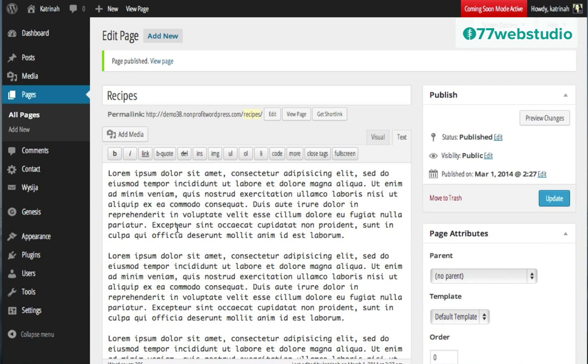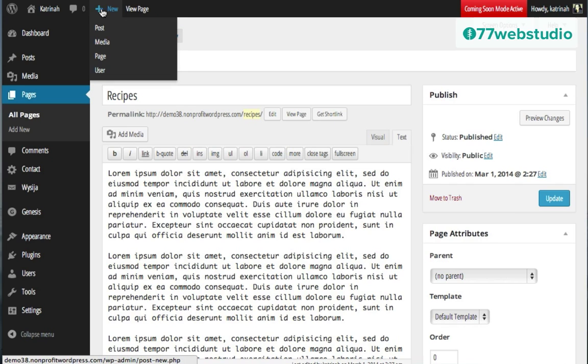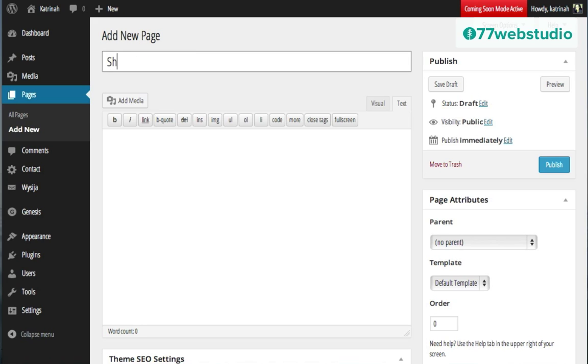Once a page has been published, the next page that I want to create is a shop page. So I'm going to do this pretty quickly since we've gone over pages already, but this is a page that I want to have appear and display above the banner, and I want it to be a shop page related to some products that we may want to offer for sale. So at the top, I'm going to hover over Plus New and click on Page. Here for the page title, I'm going to call this Shop.